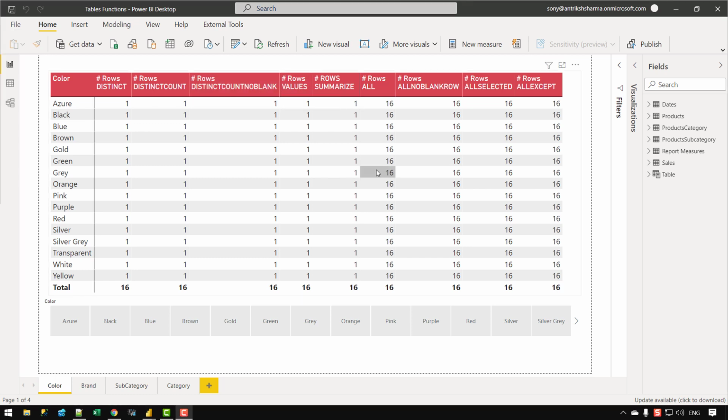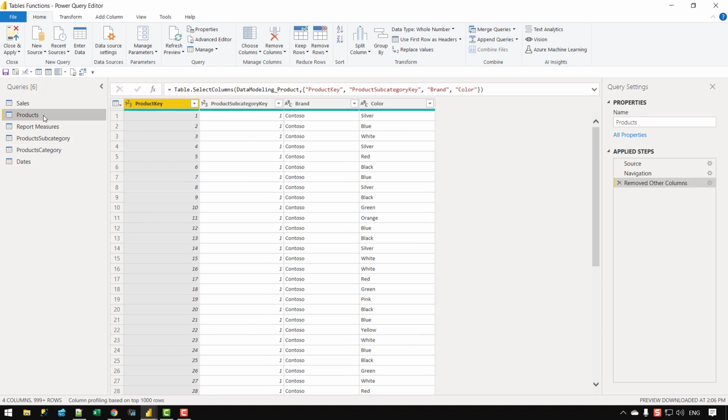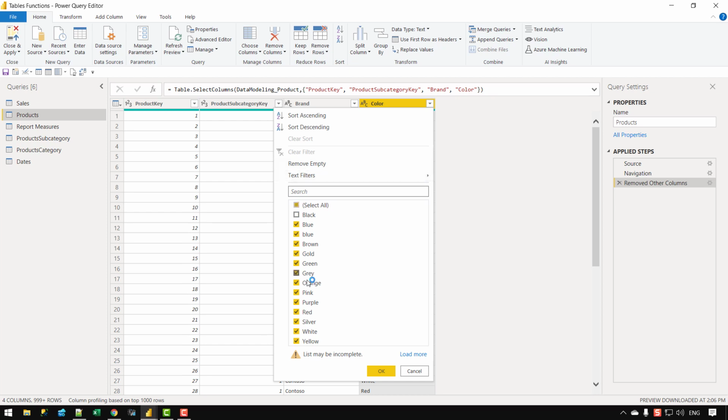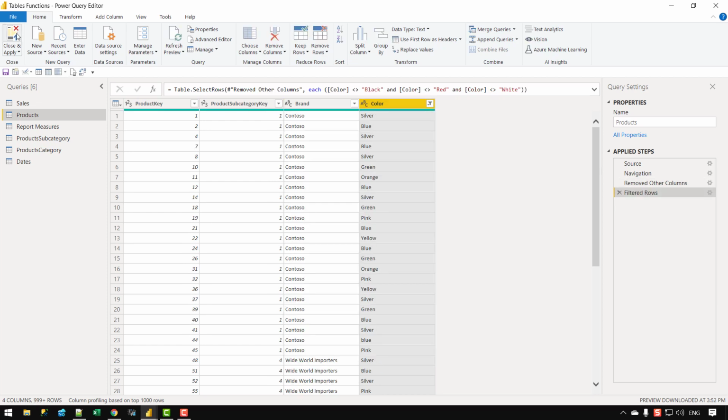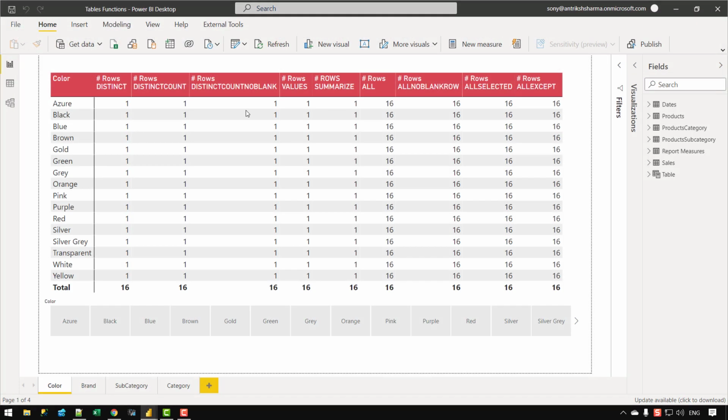Now let's go back to the Power Query so that we can remove certain rows from the products table, so that we can manually add that blank row into the model and see how it impacts these functions. So in the products table, I'm going to remove certain rows of different colors. Let's select black, red and white, and that should be enough. If I click on close and apply and go back to the Power BI file,